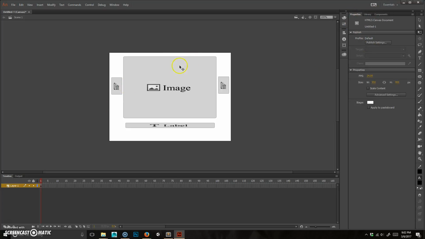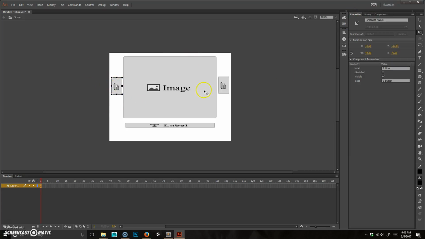I'm going to go to properties here, and now we're just going to make these work. So I'm going to select this one, and I'm going to change the instance name. Now we need to use this just like when we have selectors in CSS, so we can have the JavaScript or CSS apply to, you know, we put an ID on divs or elements and stuff so that CSS can be applied or JavaScript can be applied. It's kind of the same idea. So we're going to just call this